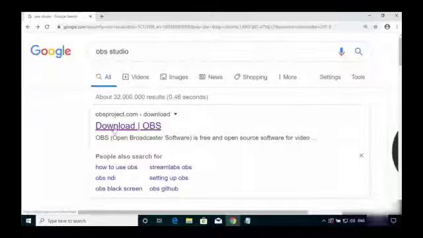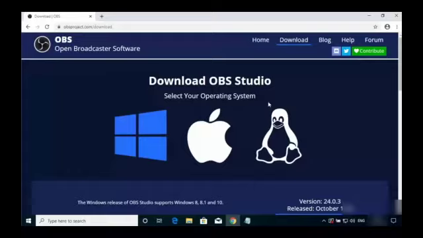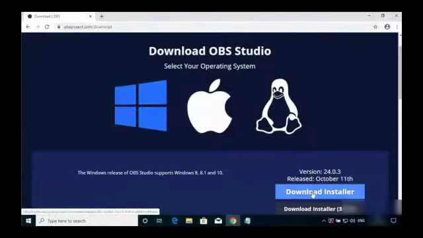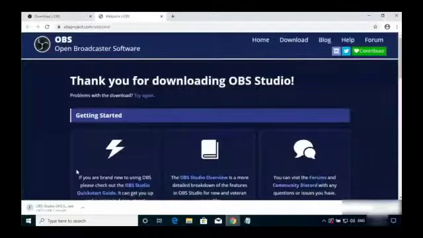and here is a screen in front of you. There are three options available: Windows, Apple, and Linux. By default the selection is Windows, so you just need to click on the download installer at the bottom to start downloading. You can find at the bottom left side an executable file being downloaded. Once it's done, just click on that file,